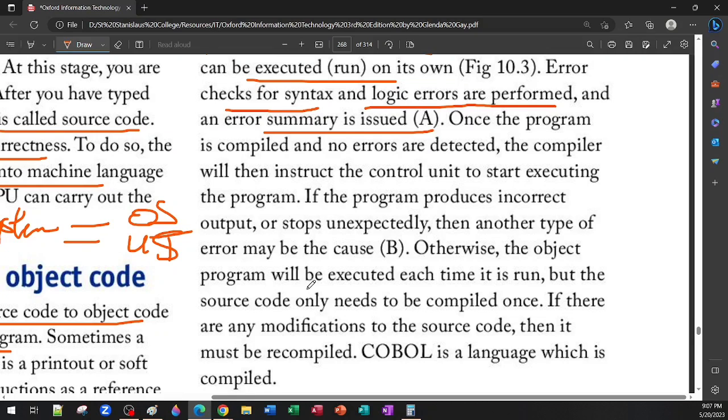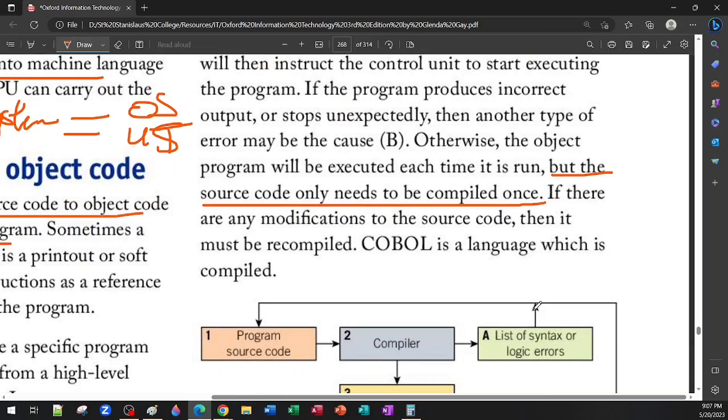Otherwise, the object program will be executed each time it is run, but the source code only needs to be compiled once. So once you compile it one time, you can run it as many times as you wish. If there is any modification to the source code, then you're going to need to recompile the source code. So COBOL